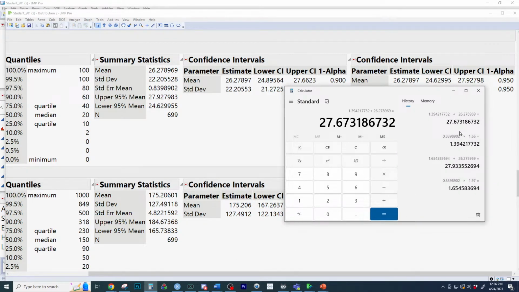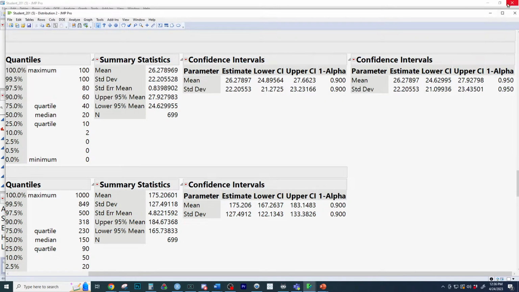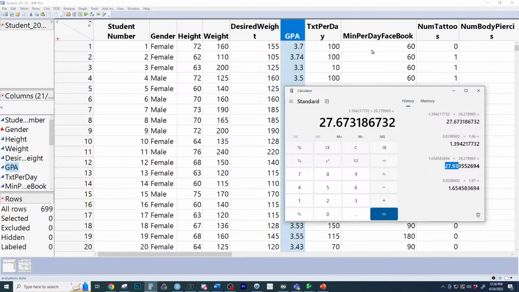Oh, there it is. There it is, 27.93, and it basically rounds to it. So if you had rounded to the second digit, I would have done it by just using the summary statistics. I could have calculated that number right there. Well, there's 95 right there. I should have just checked it with that. So basically, we're able to do these things very quickly.